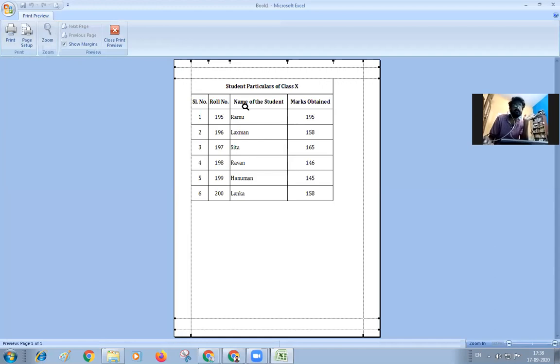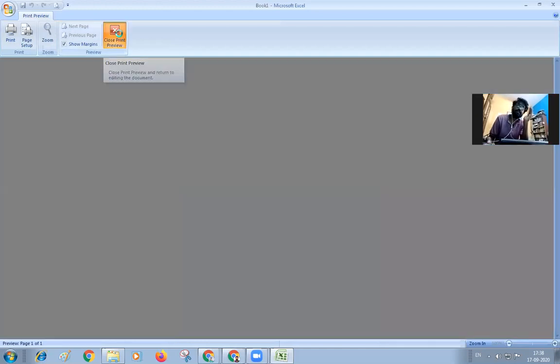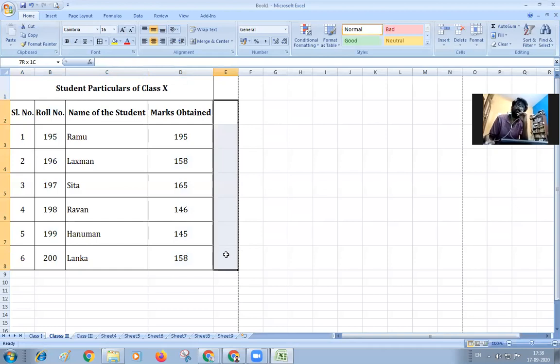A detailed description can be written over there. Even if you want to add cells, you can. And what is this line showing me? It is the end of one page. If there are 3 or 4 columns to insert, what I need to do is wrap the text of the name of the student. Click on the name of the student and wrap text.